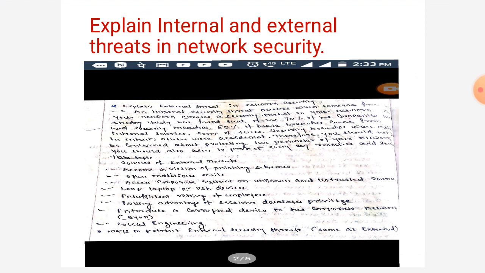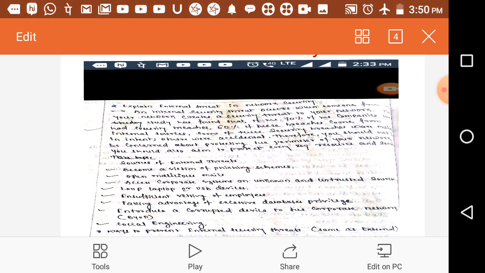Next, ways to prevent internal security threats.